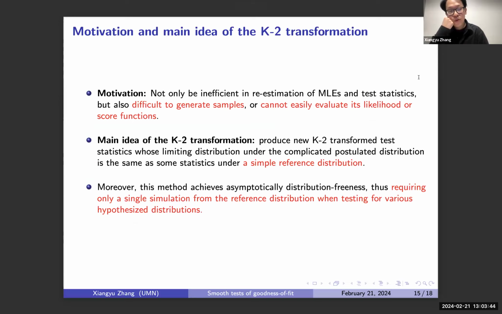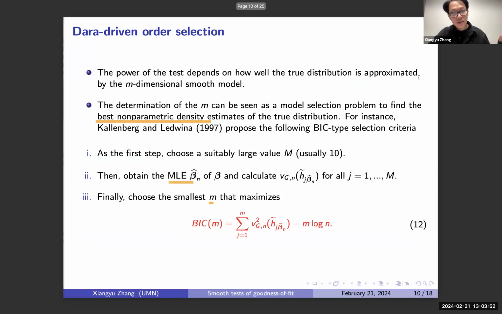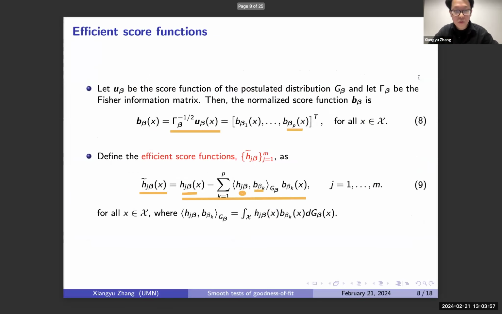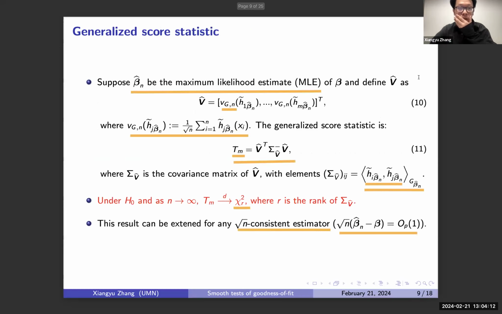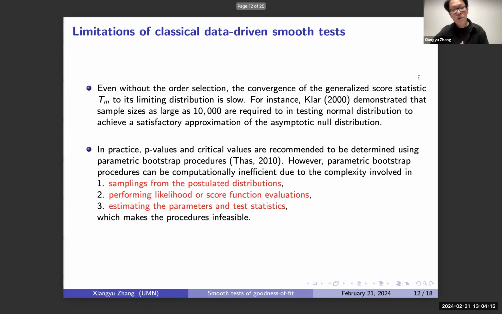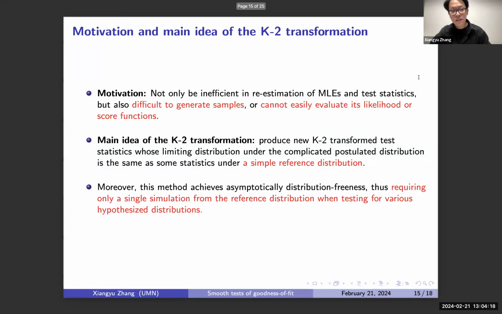Mainly it's a computational matter. Because our setting is like M is kind of given, and we are testing for some distributions that do not need to estimate the beta. I think mainly it will not change our main results, because K2, after all, is a computational method. It can make your